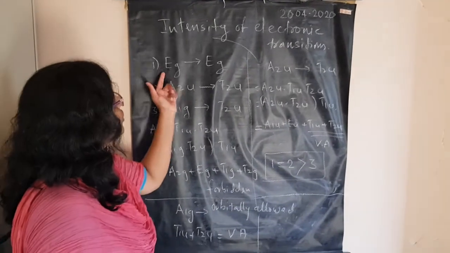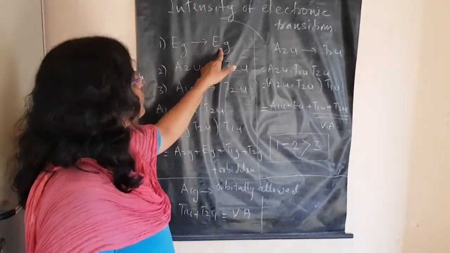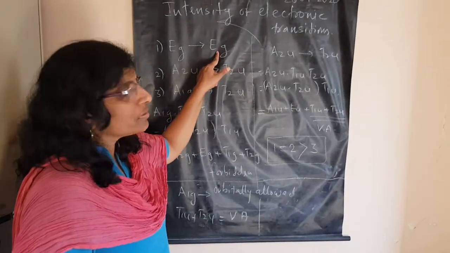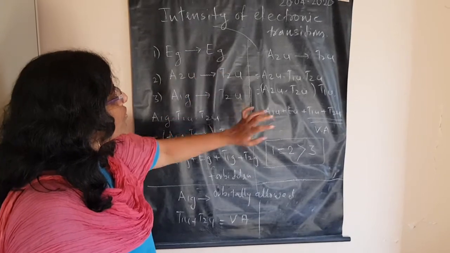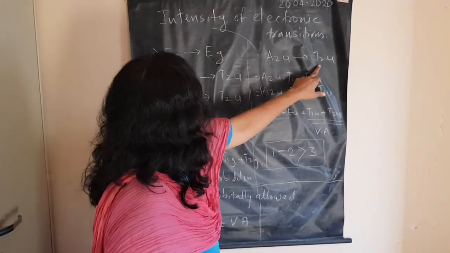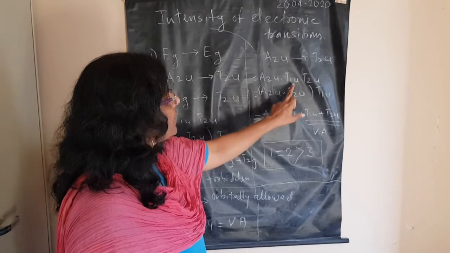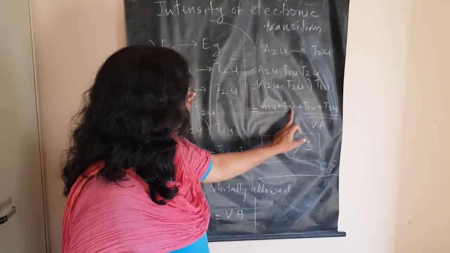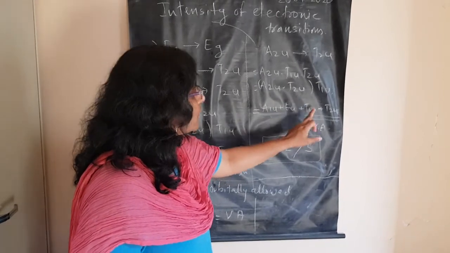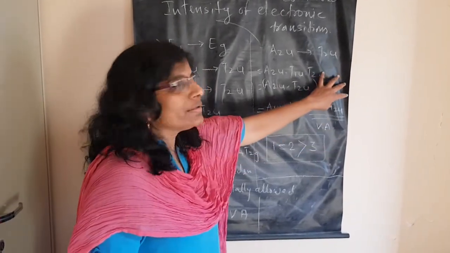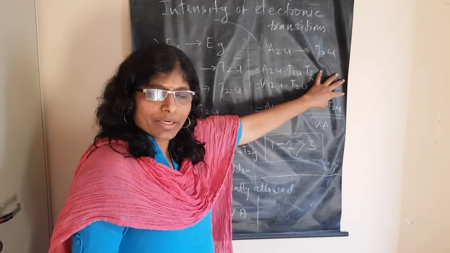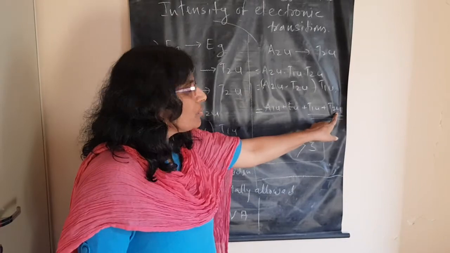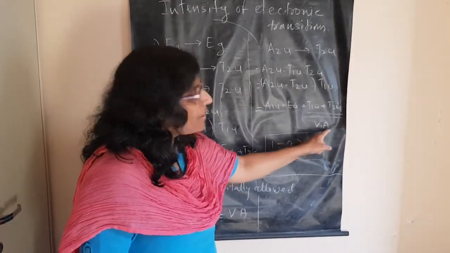Okay, Eg to Eg we saw is vibronically allowed because T1u and T2u were in the answer after using the dipole vector. Now the second transition, A2u to T2u. Again, I write the dipole moment vector in between, then multiply, and the answer will be A1u, Eu, T1u, T2u. Again I used the direct product table supplied with the question paper and did the multiplication. As T1u and T2u are there, again this is vibronically allowed.